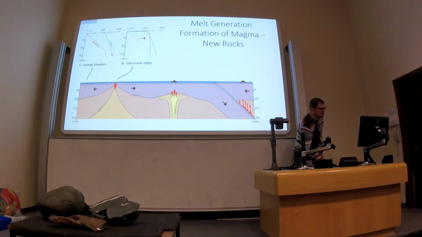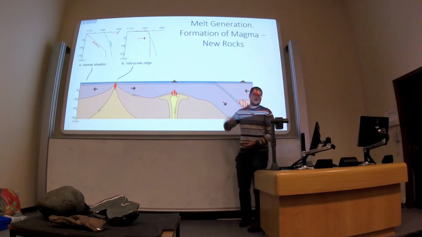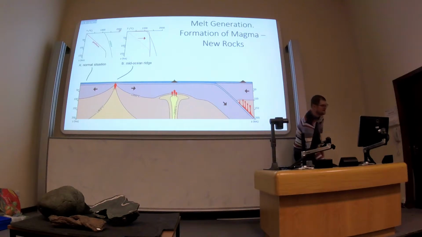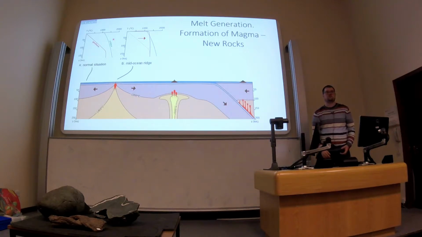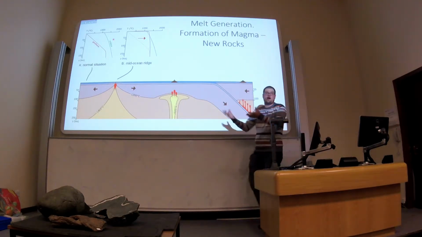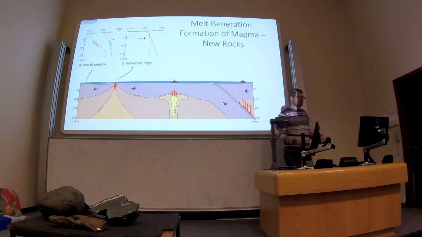So you can see the green line at depth, we maybe have to get up to 1800 degrees Celsius to melt something. And you can see under normal conditions, it never gets hot enough to melt any rock. Which is why most of the Earth is solid, which is quite nice.